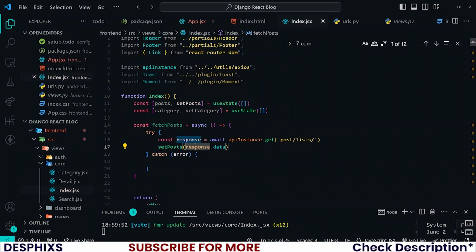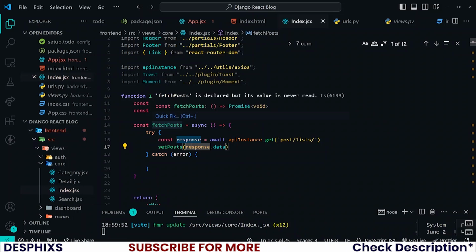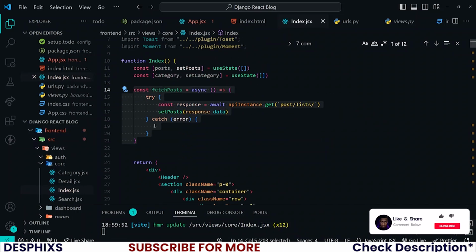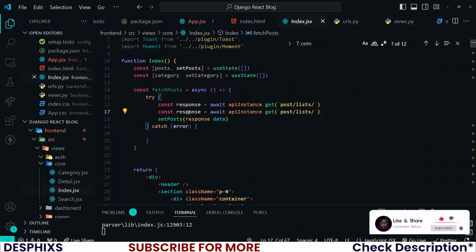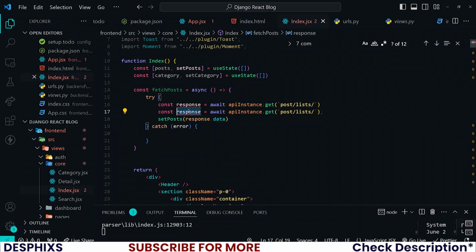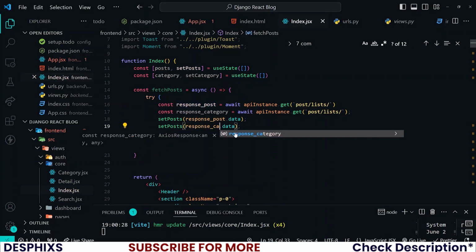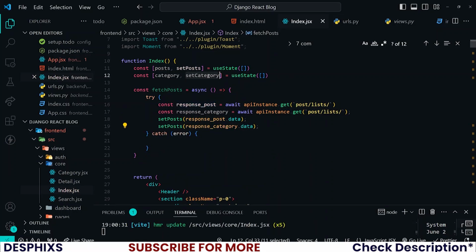You can also go ahead and fetch the category. So you could create a new function to do that. If you don't want to create a new function, you could still run the same function down here. You could call this one response_category, whereas you could call this one response_posts. Okay, then you can take this and say response_post.data. You append that, and this one is going to be response_category.data, and make sure you are setting